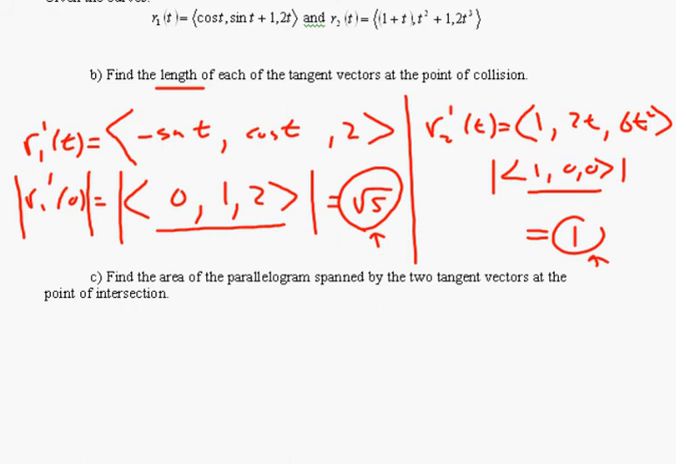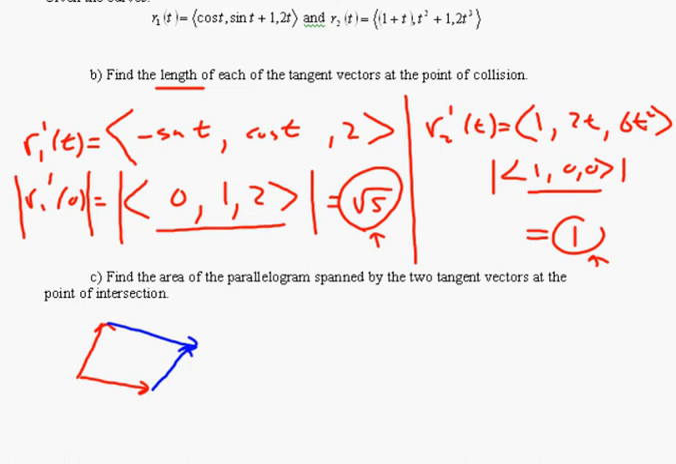The absolute value of velocity is speed, just like it was in a 2D world that you lived in. If you took the derivative again, you'd have an acceleration. Now, find the area of the parallelogram spanned by the two tangent vectors at the point of intersection. Well, you have two vectors. Here's one and here's the other, and they span out a parallelogram,